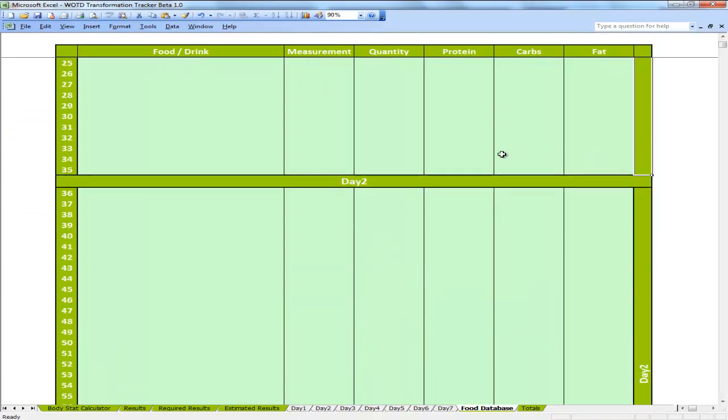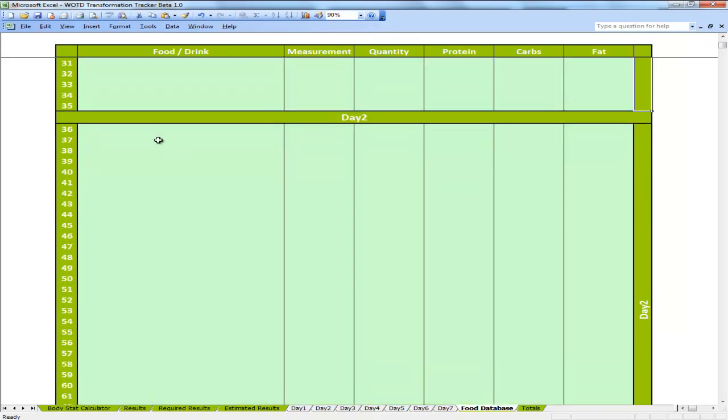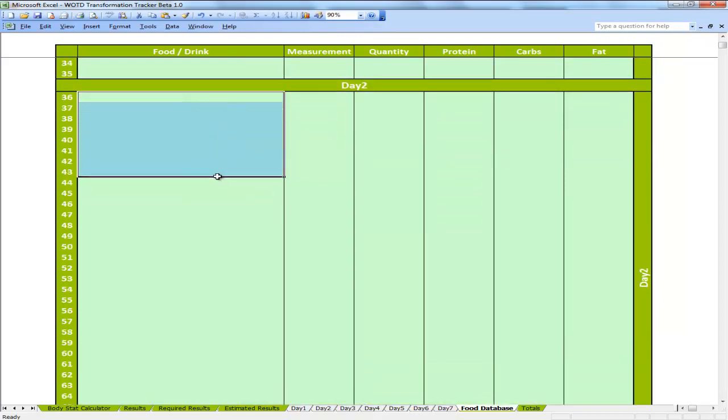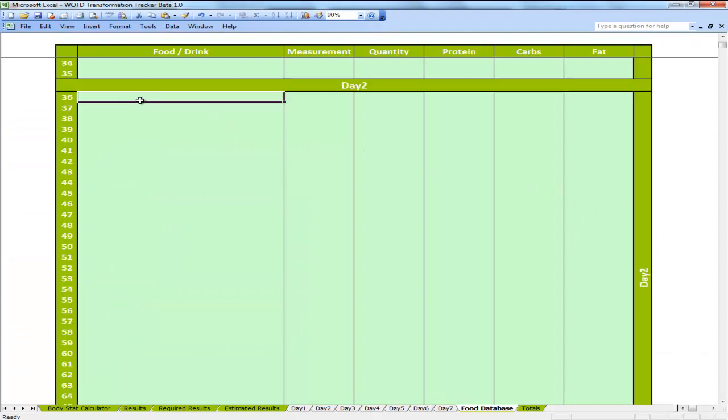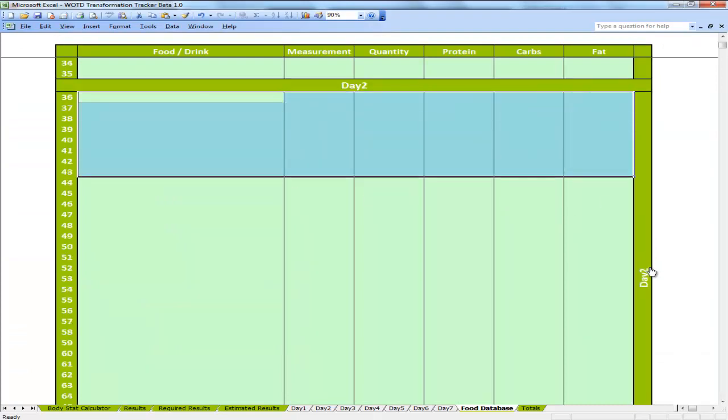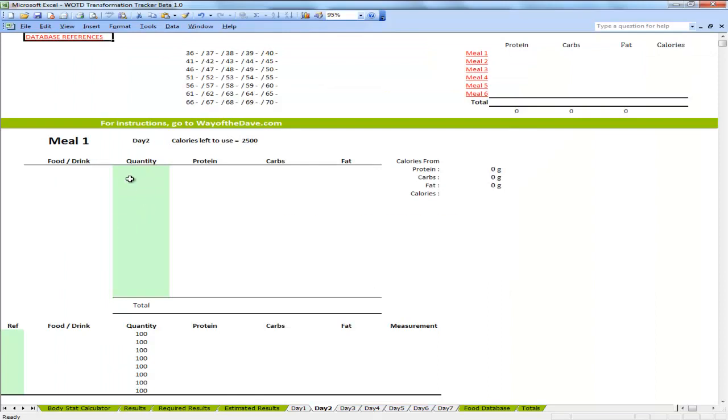If you scroll down, it's also got day two. So if you create different menus for different days, you just click on day two, go back to database references, it'll bring it up here. You just put your foods in here for day two, then go to the sheet, and I'll take you from there. So we'll go back to day one again,